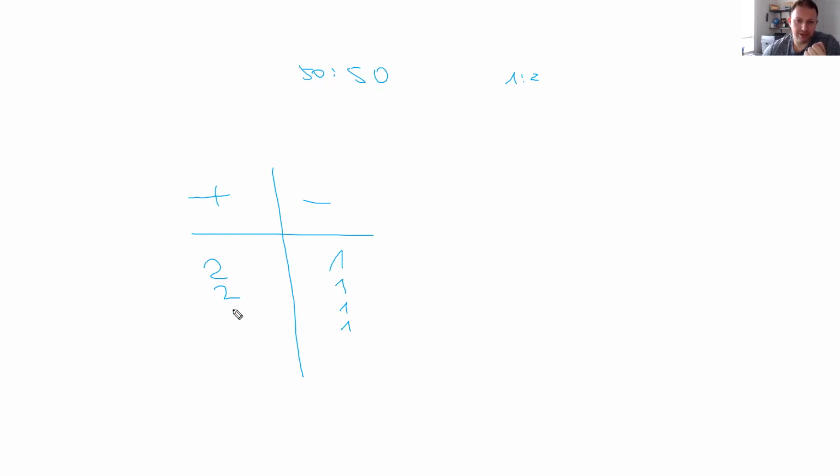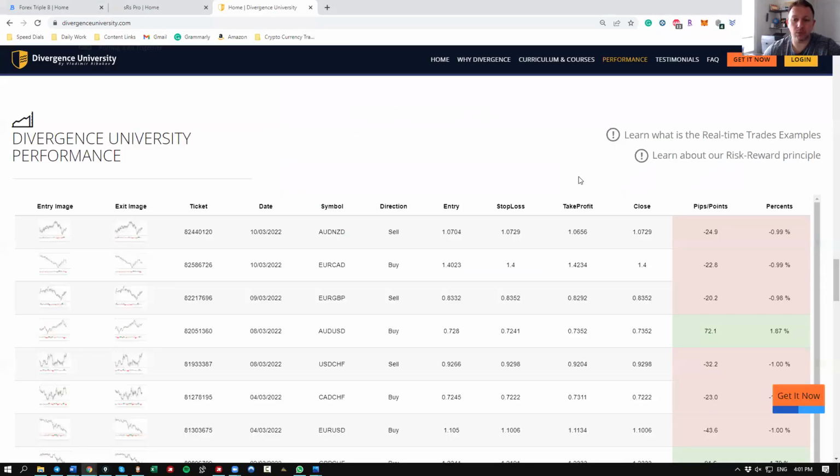When we do that, the risk reward starts to be in our favor. -4 + 6 with only 40% success rate. Actually, even a bit less than 50% success rate. Mark the words: less than 50% success rate with 1-to-2 on average. When I say on average, it could be 2.2 once and 1 point something the next time, and on average you get your profits. And that's what we are doing with the